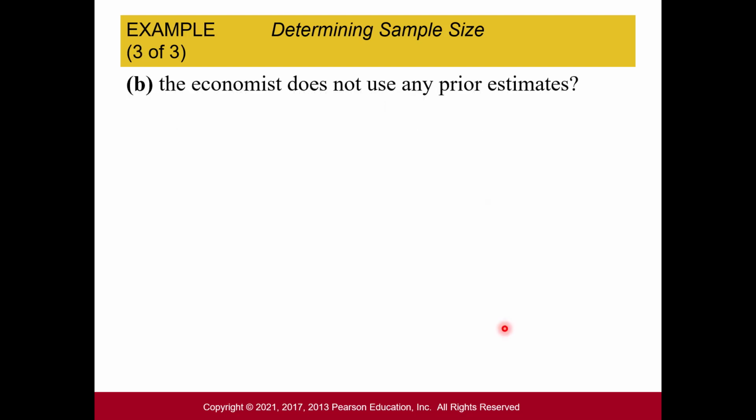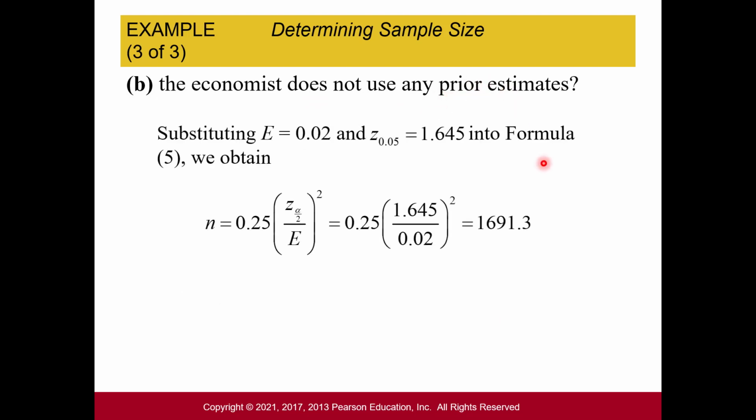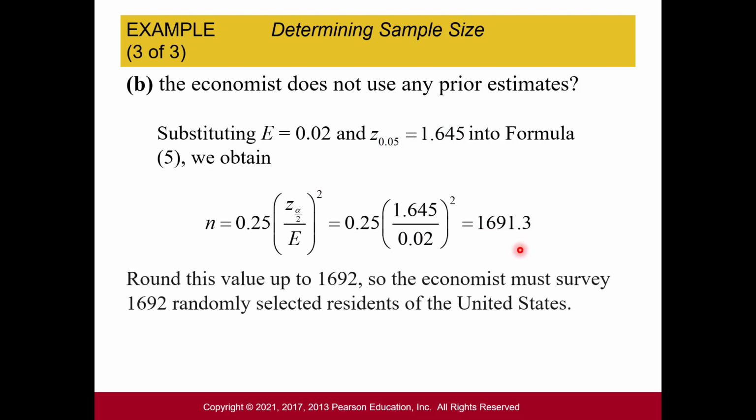So now the economist is not going to use any prior estimates. So by default, we use 0.5 for p hat, which when we plug that into our calculation, remember that gives us that 0.25 value. E, our margin of error, is still 0.02. Z sub 0.05 is still 1.645. So we just plug those numbers in, and we get 1,691.3. Rounding, we get 1,692. So the economist must survey